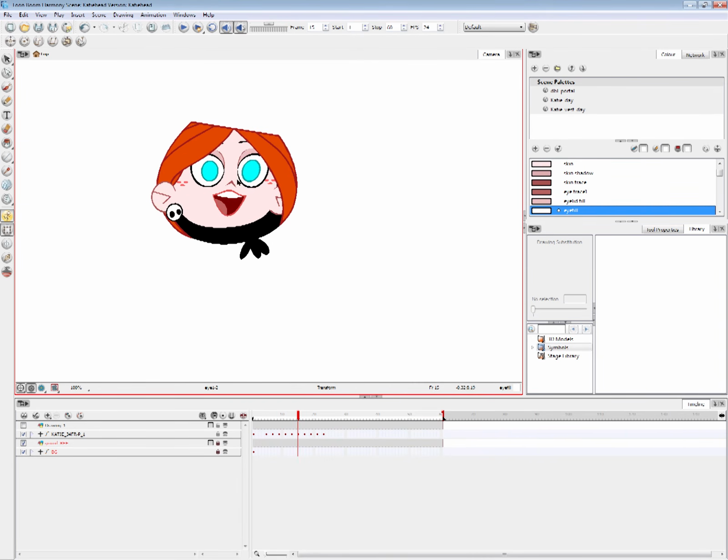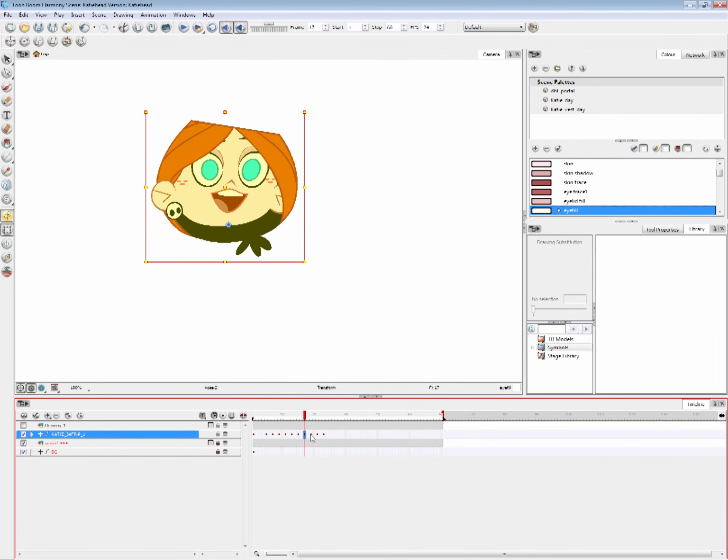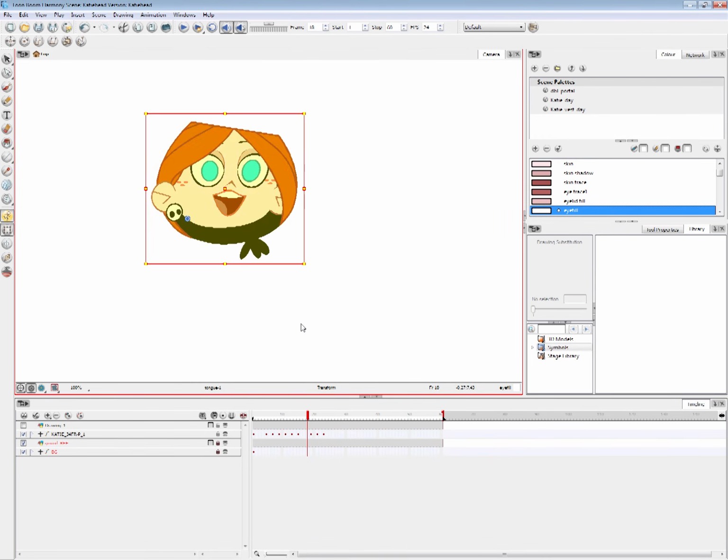Yes, yeah. I think I made a mistake. So I'm gonna get rid of this middle key altogether, and in between those two.